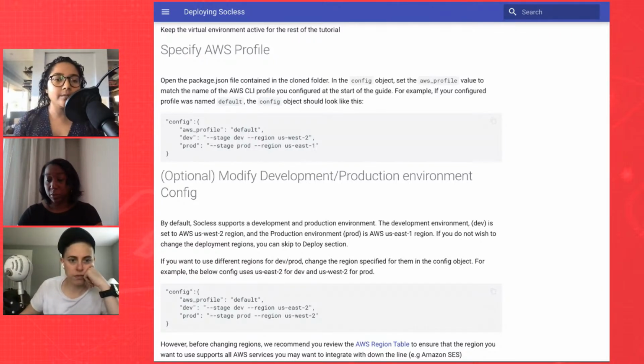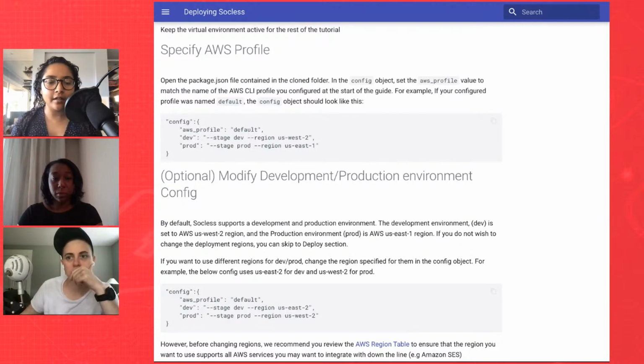Okay, so the documents you see within the Sockless directory, there are many folders and everything. And the one that I want you to modify is a file called